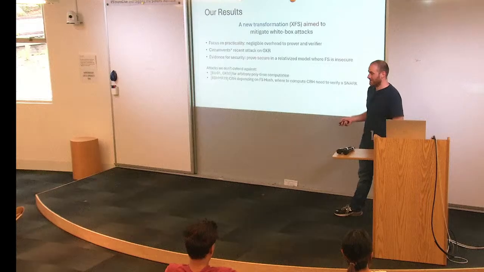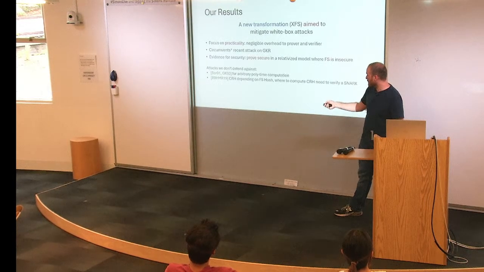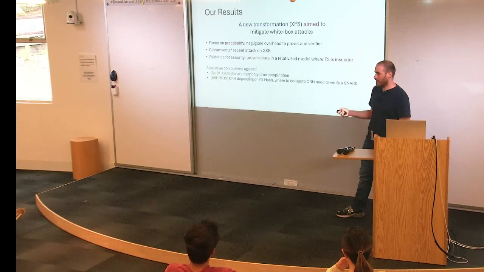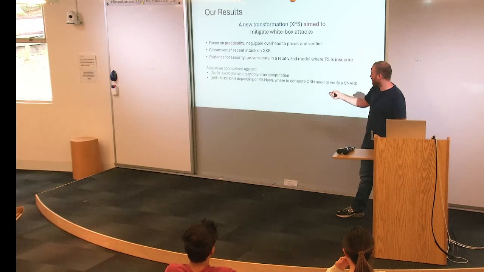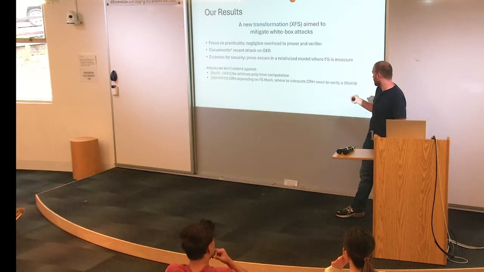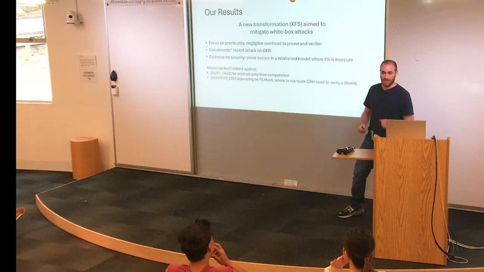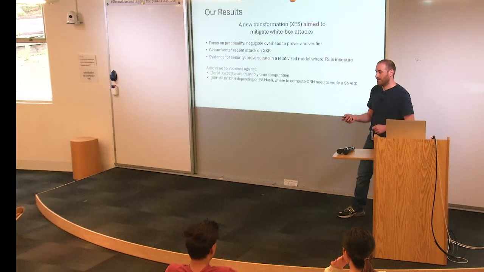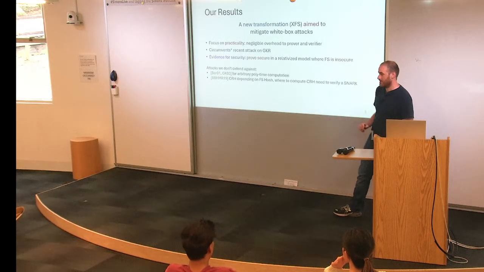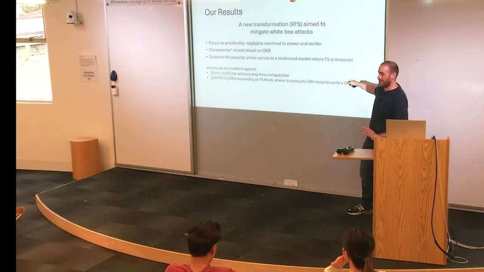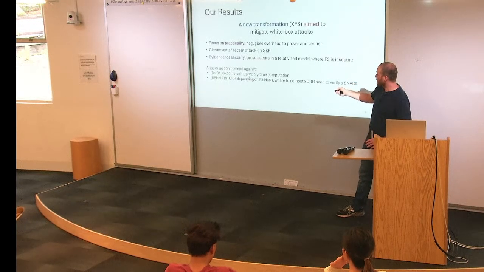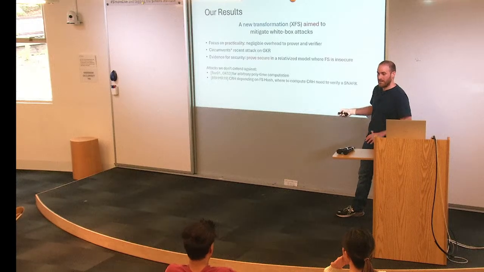We would hope to get something that also manages to get around this. And it seems also that this attack with the CRH is not in this model, so we don't know how to prove anything about its security. Basically, the CRH is sort of computing a SNARK on the hash function, and this seems very powerful, and we also don't secure against that. So we've secured against attacks that look like the GKR attack in some sense, but not all attacks. It's still open.